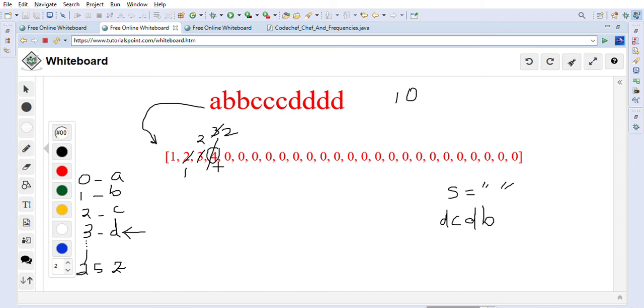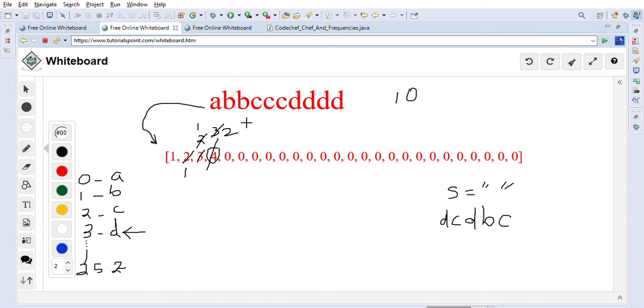After that we will again go and take. Now at this point C and D have frequency 2, so we will take C because C is smaller than D, right? Its frequency will become 1, so we will append C here. After that we will have to take another one.